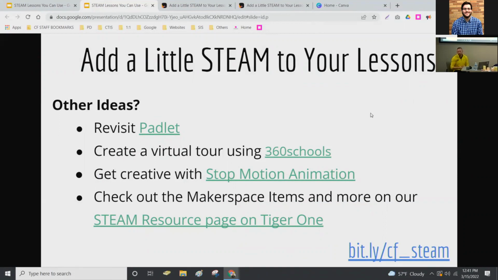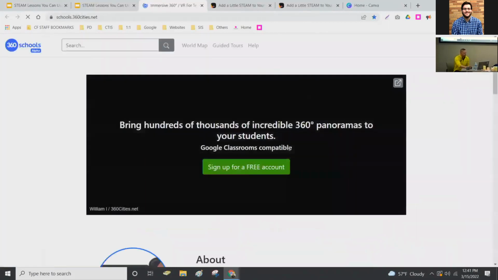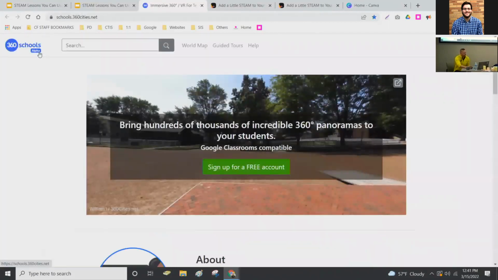You might have some other ones. We had kids bring in their own iPads and show Minecraft. They did a building, which was the cell. I don't know, and that's kind of like these. A couple other ideas, we didn't know how much time we would take up with the main ones, but I sat in a session earlier where we talked about virtual 360 schools.